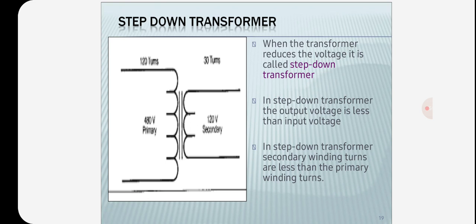The step up transformers are used at generating stations to increase the voltage from lower level to higher level for economical transmission purpose. The step down transformers are used to decrease the voltage from higher level to lower level for consumers use. The 1:1 ratio transformers are used to electrically isolate two parts of the circuits.